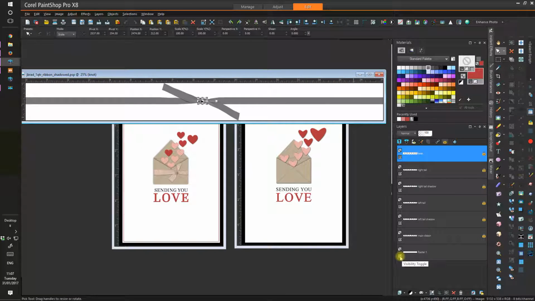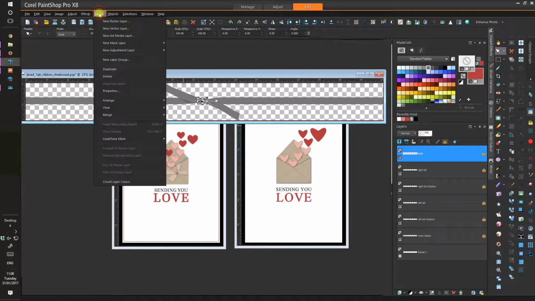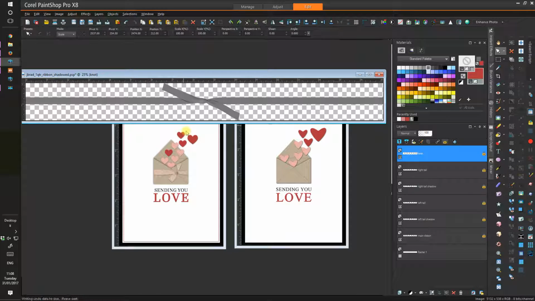Now, if I do give you this as a download, it will be in a PNG format, so it will actually be transparent, and it'll have this checkerboard image behind it, and it'll be one layer, it won't have all these here. So I'm just going to quickly merge the visible layers so that it's just this one ribbon. And now I can actually drag that from this layer